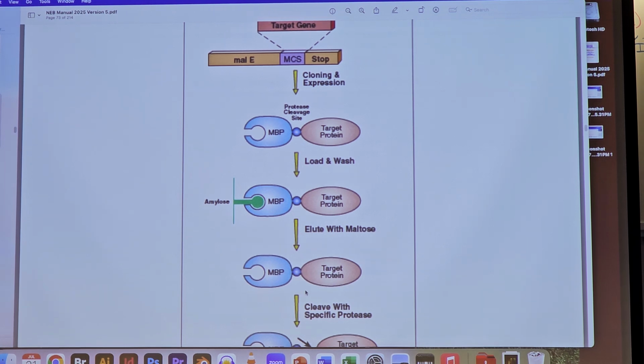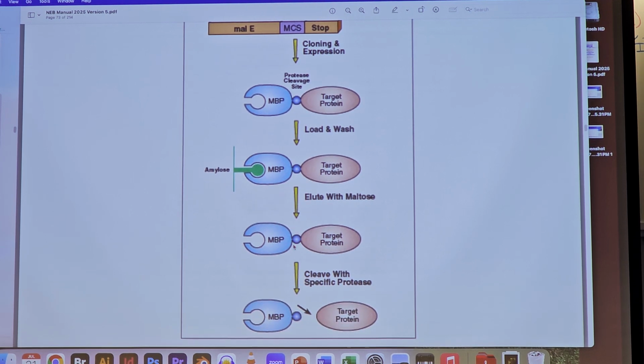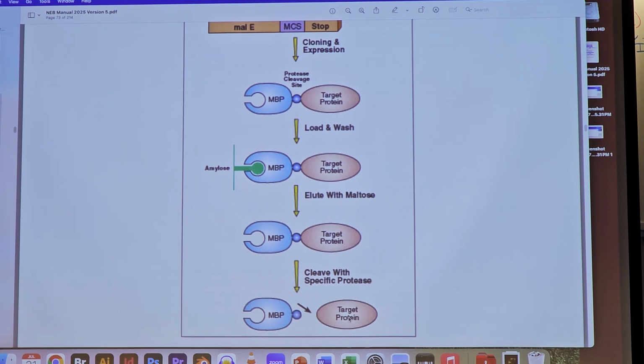And we're going to run this fusion protein on a Western blot. We're going to run it on a regular protein gel so we can visualize it. We're also going to run it on a Western blot with a monoclonal antibody against GAPDH to prove that we've got our protein. Now the last step would be to cleave at this cleavage site with the protease that cleaves that protease cleavage site, cleave away the MBP from our target protein, and then we would take this mix